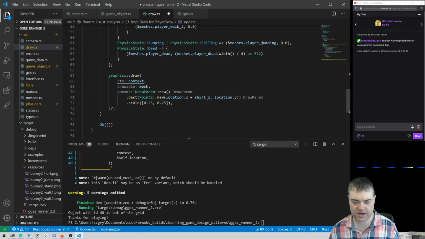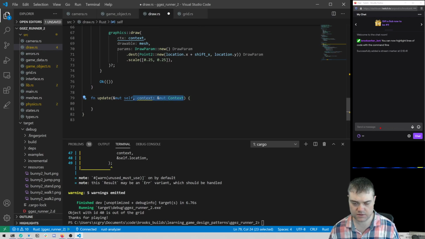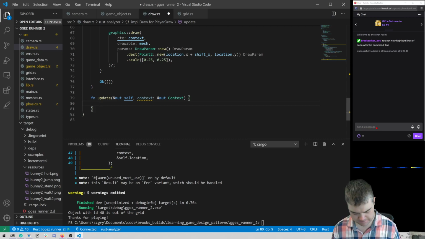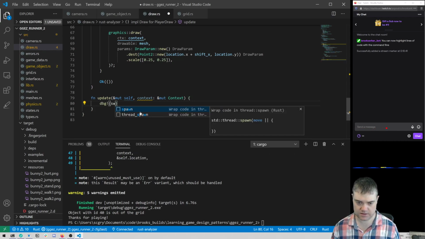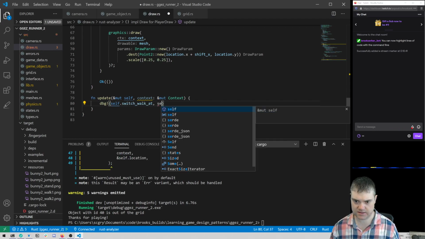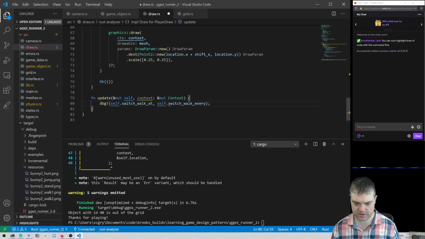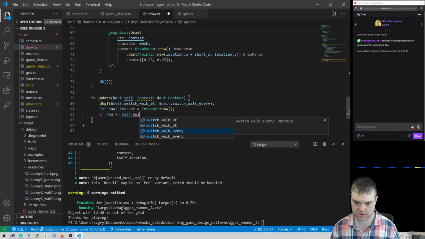And it looks like we may not need the context at all. Because I might be able to just do, what would this be? We could just debug switch walk at, switch walk every. Okay, so debug you. Now if I reference you, I can then use you and then update you so we can see those numbers going up. So if we get another instant now, okay, so if now is greater than or equal to switch walk at,